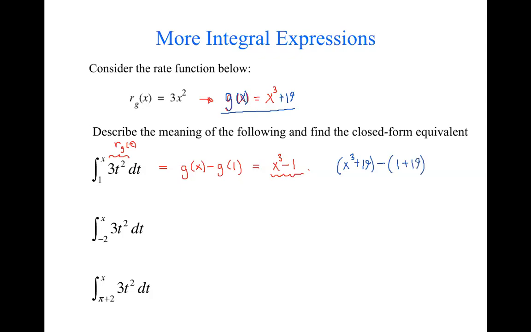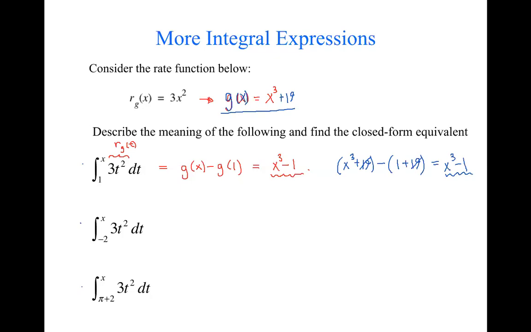And you can maybe see that, well, net change-wise, the 19 cancels out. I've got a 19 here and a 19 there after the subtraction sign. So I end up with the same net change, x cubed minus 1. So in answering these net change questions, how much changes between the beginning and the end,